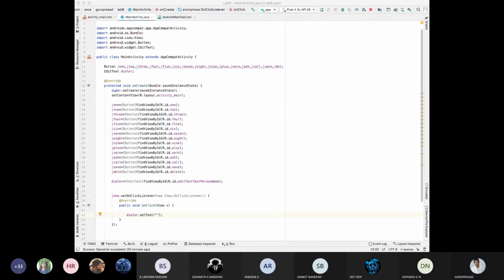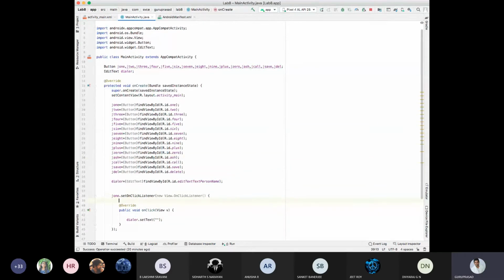Next I'll define one string here. String phoneNumber is equal to dialer, my edit text, dot getText to string. Get the text and toString.